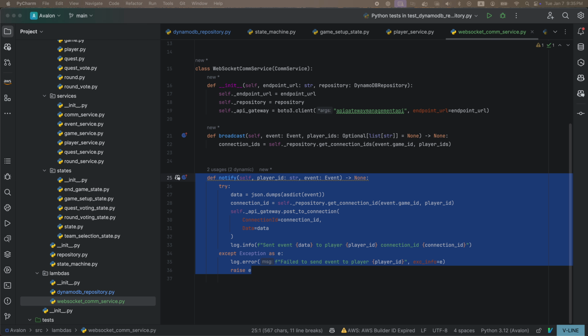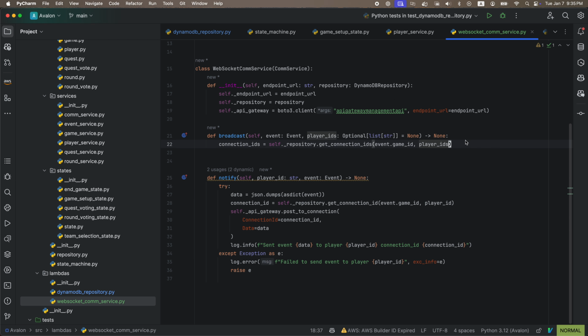Okay, let's do threading. Right, so now we have the IDs, so we just do